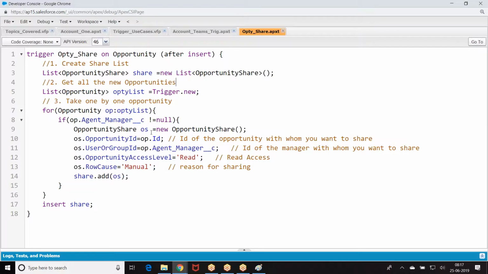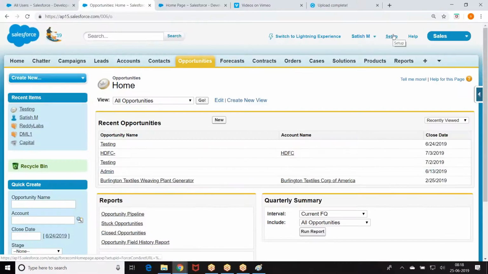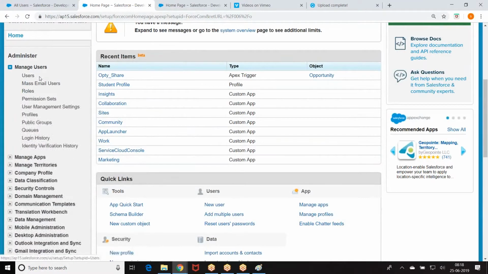Any other query? Satish, one more question. I quickly logged into the SQL workbench and queried the share records, but I cannot see any values in the record. Why is that? You should hold at least for the update. Unless you give time for the update, they will not be able to see.